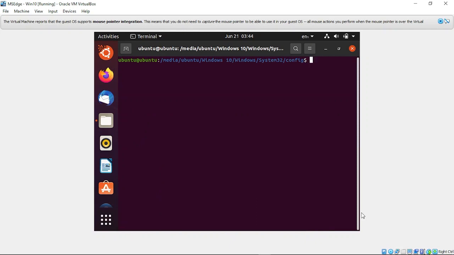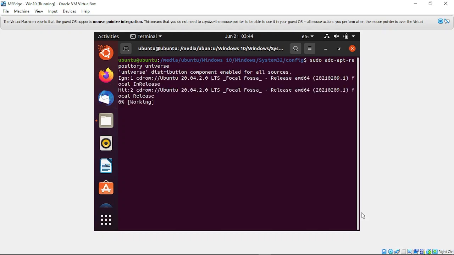Before hacking, we need the tool. As I have given only Try Ubuntu, we need to install the tool. Before installing the tool, I'm going to give this command: sudo add-apt-repository universe. Click on enter.